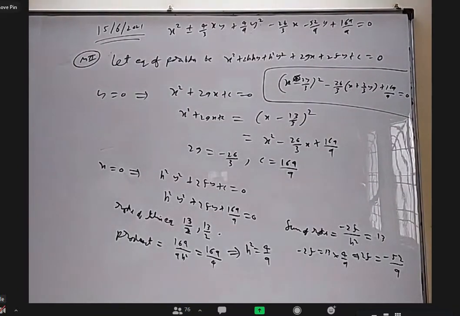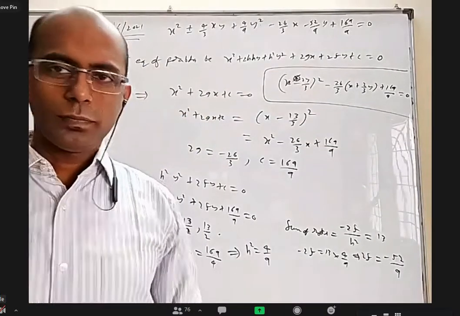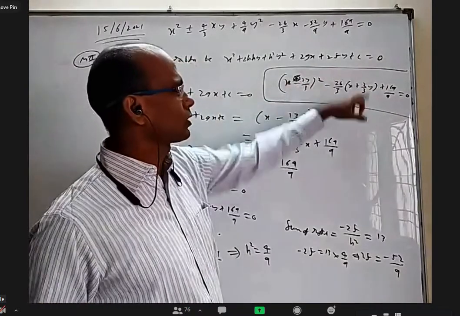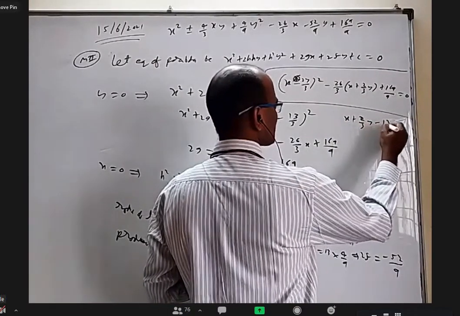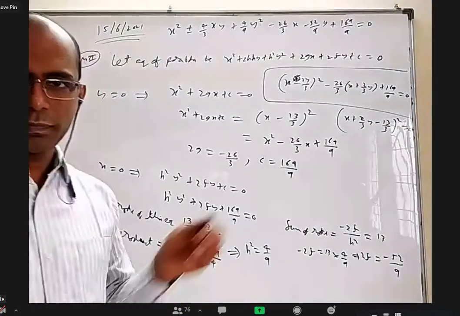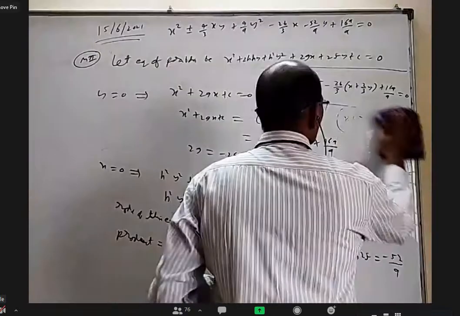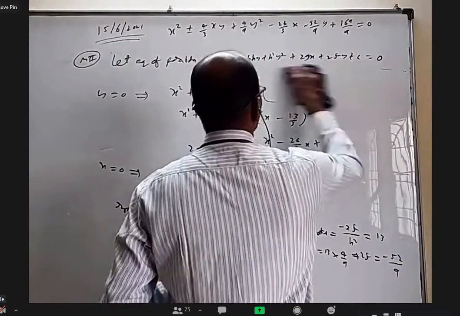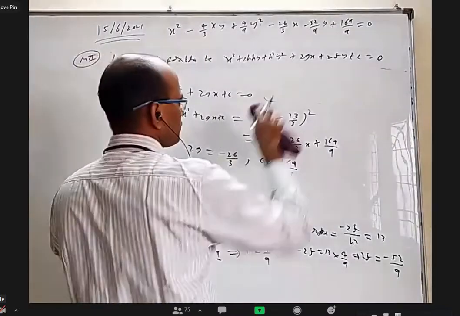Sir, why is it not plus? If it is plus, it will become a pair of parallel lines. Delta will be 0. And how to find those parallel lines? You take this as t, this will become t square, this whole thing will become a perfect square. In fact, it will become directly x plus 2 by 3 y minus 13 by 3 whole square equal to 0. It is the line passing through the two given points, whole square of it. So I'm just writing minus here, rejecting plus straight away. You can understand that.